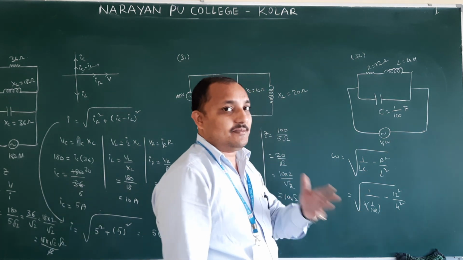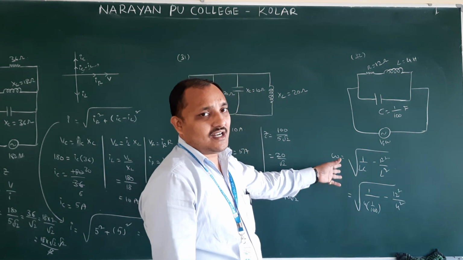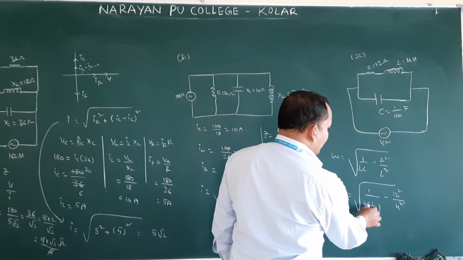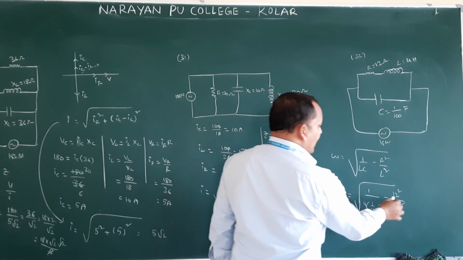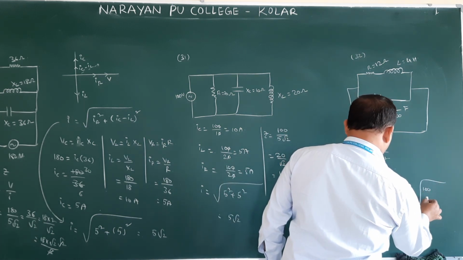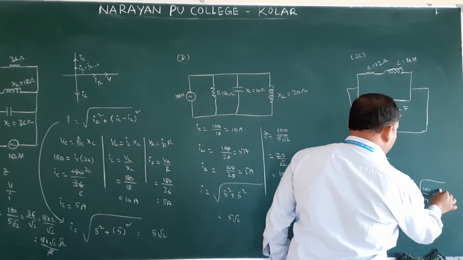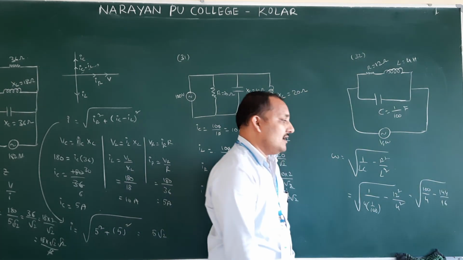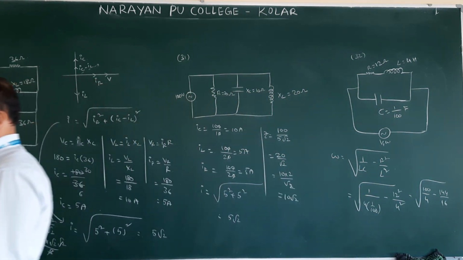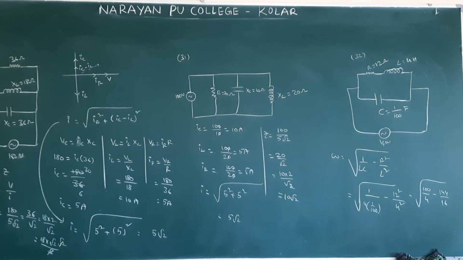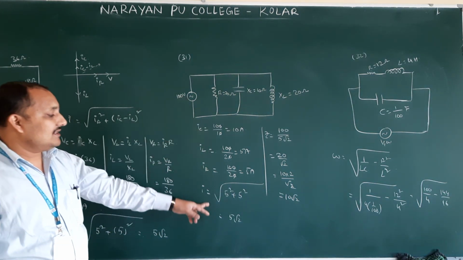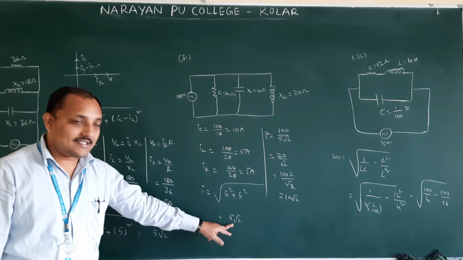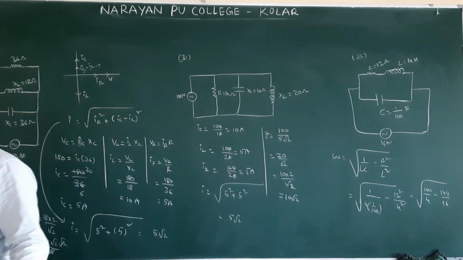This is the direct equation. In the synopsis I have already shown, the derivation is not required because in PU it is not there. You have to remember the direct formula. So 4 means 4 by 100, which means 100 by 4, minus 144 by 16. Just solve the equation and you will get the answer. In this question they asked only for current, but we found impedance. They asked only for the resultant current. Resultant current means 5 root 2 amperes.